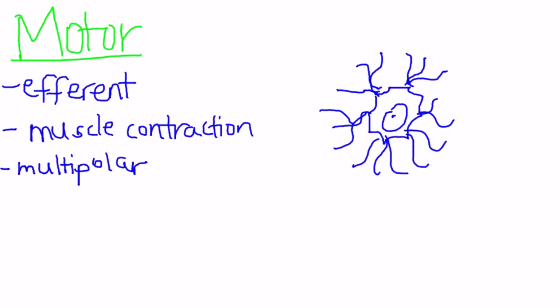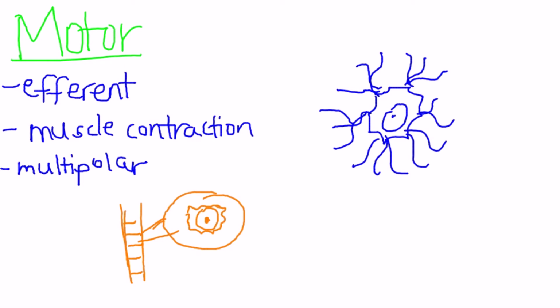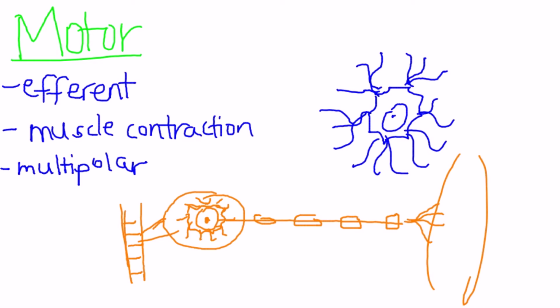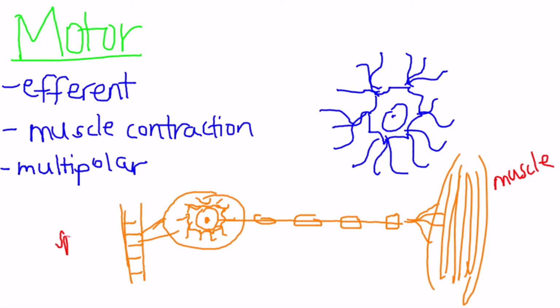And just to illustrate this a little further, you have your spinal cord over here, once again. And just to zoom in a little bit on this, the cell bodies of the motor neuron are located here in the spinal cord, and they project outwards and just towards the muscle. So they synapse onto the muscle. This is the muscle. So I'll label that for you again. This is the muscle, and this is your spinal cord. So that's basically it for motor neurons. Let's move on to the last type that I'm going to talk about today,